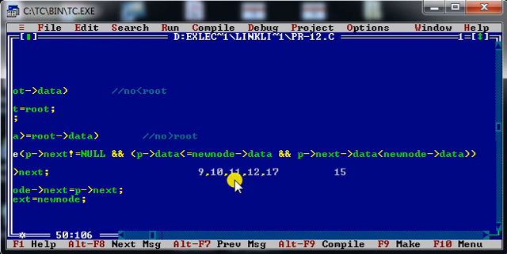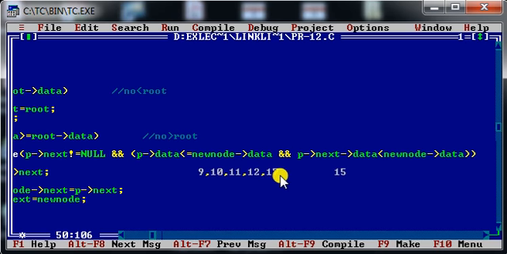Now P will be at 11. Once again, it will check whether 15 is greater than or equal to 11 and 15 is greater than or equal to 12. Yes, this condition is also true, so it will once again move next. Now at this point my P is at 12. Now it is checking whether 15 is greater than 12. Yes, the condition is true.